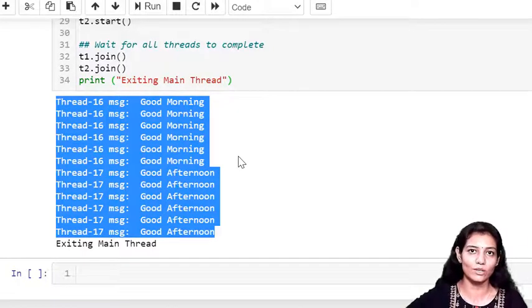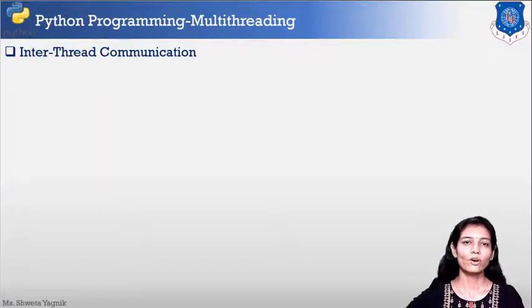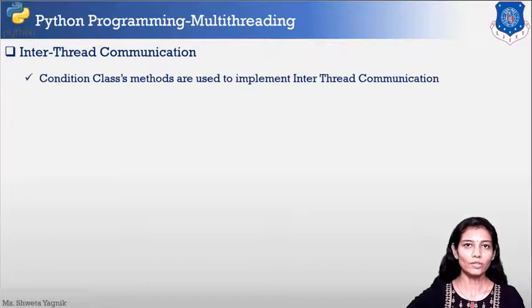but this is the case only required when we want to achieve mutual exclusion. The last topic of our today's session is inter-thread communication. So when two threads want to communicate with each other, they'll use this concept. Now in which kind of situation do they want to communicate? Let's take for an example the producer and consumer problem.